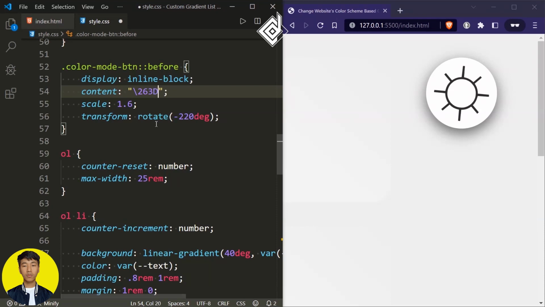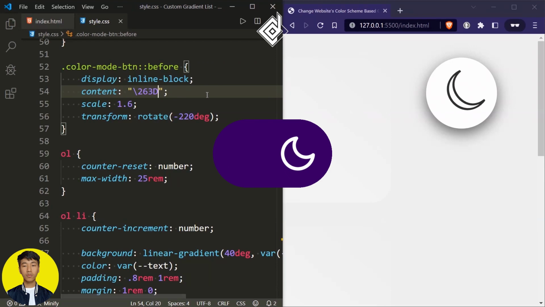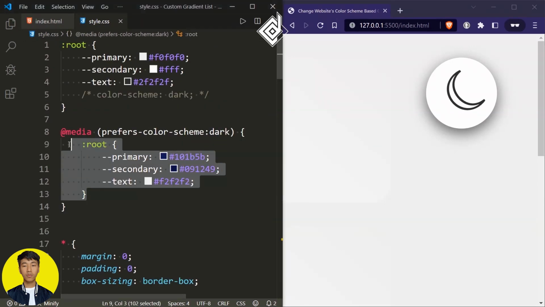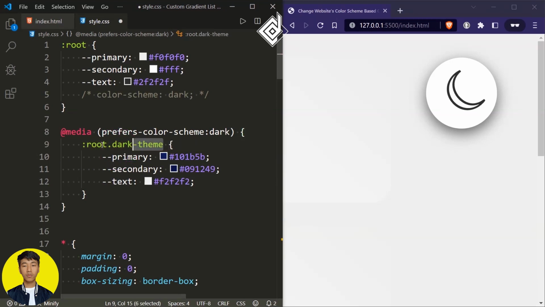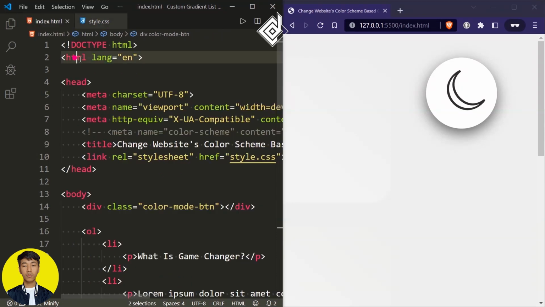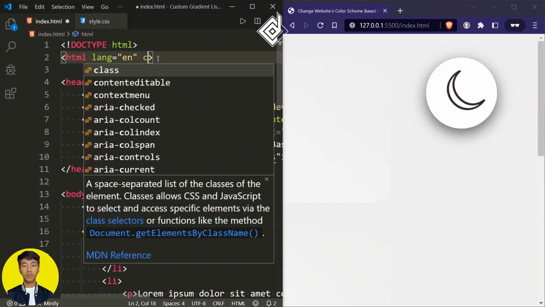So now when you click that button, you have to change your light theme into dark theme and vice versa. I mean, you need to be able to toggle it. So for that, for our root pseudo class, when you give class dark theme, be careful there isn't any white space. Just after that root pseudo class, give their class dark theme. So whenever you are giving class dark theme for our root pseudo class, we'll give our darker version of color, and when you remove that, we'll give our light version of our color. And later on, that all will be done with the help of JavaScript code. But for now, a root pseudo element, that means the HTML tag. So for our HTML tag, if I give class dark theme,